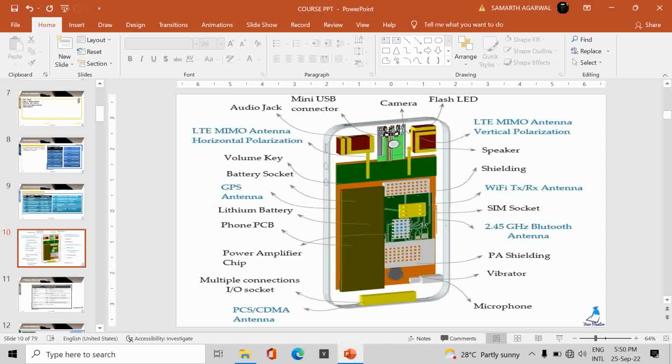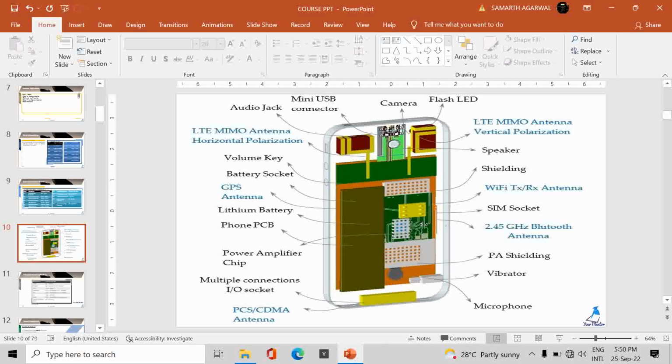Okay. Then further, one image I wanted to show was based on the antenna only. Anyway, it is a very rough diagram, not at all having a very clear meaning. I just wanted to tell that whatever antenna we are using has a lot of antennas embedded in it, just for Wi-Fi, Bluetooth, GPS, and then CDMA, PCS, like for wireless communication, meaning for calling purposes. CDMA is having a band of 980, if I'm not wrong, 98, GSM 900, GSM 1800, like that.